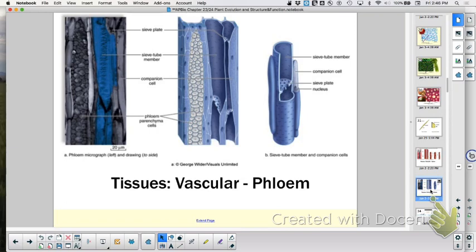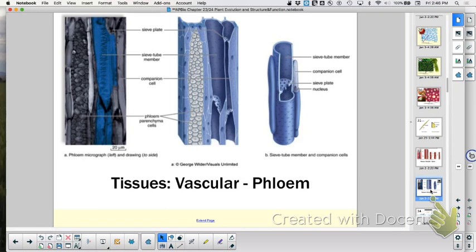Yes? Xylem is dead. Yes. Xylem functions while dead, but phloem needs to be alive to function. Because xylem, if it's just an open tube, you can still transpire out that open tube because of the properties of water. Adhesion, cohesion, it evaporates out in transpiration and follows the water potential gradient, which is tension. Okay, what's another difference?